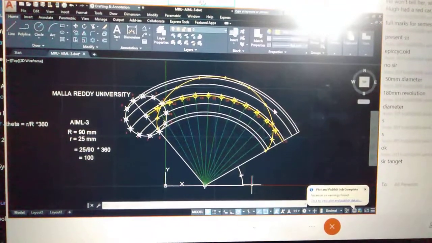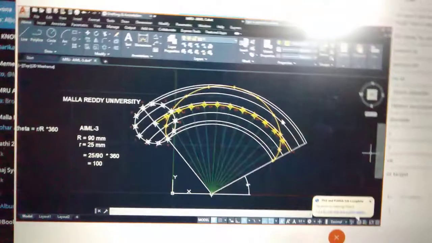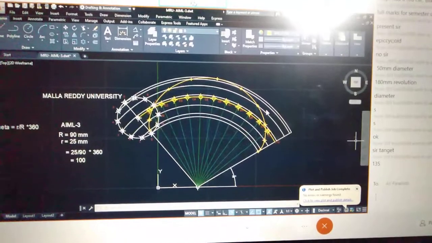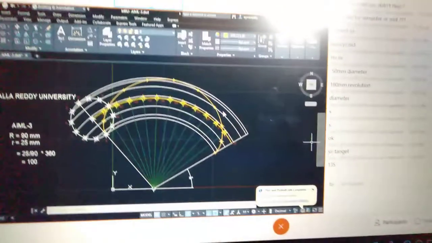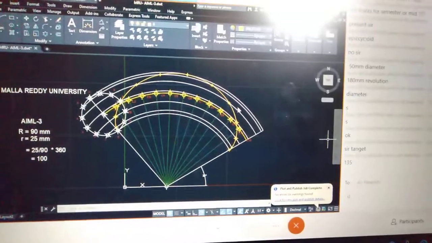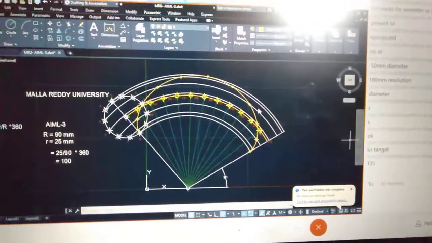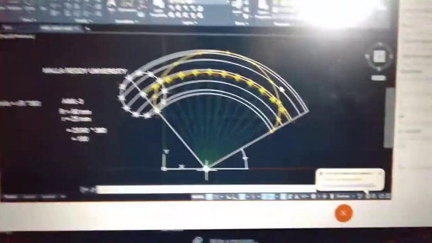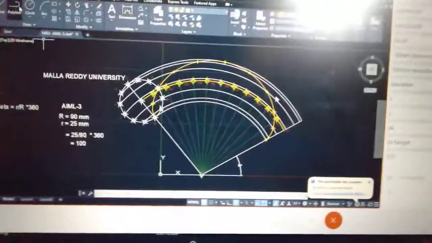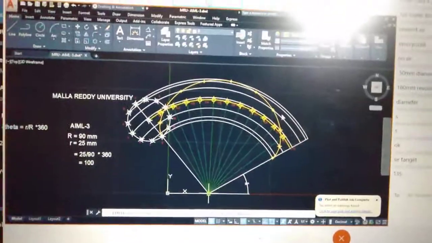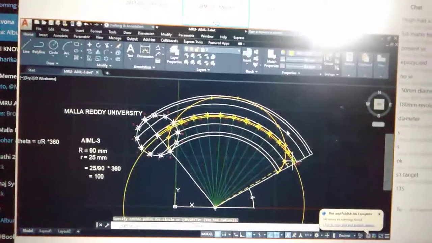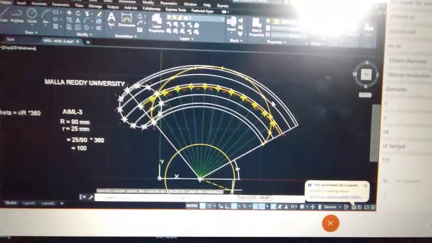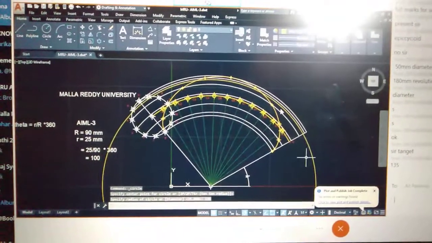Now see here. You require tangent or normal. What is the distance given for you? What is the distance? Tangent or normal? 135 mm. From where? From the center of the directing circle. Where is the center? This point is the directing circle center. Now consider this point. Draw a 135 mm radius circle.